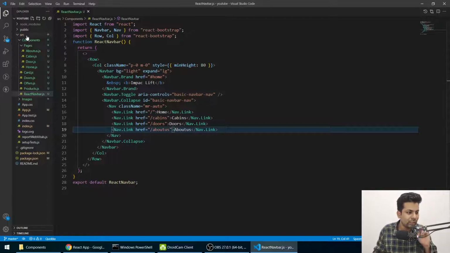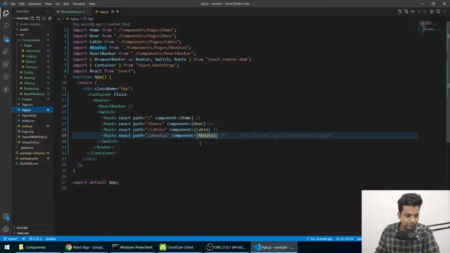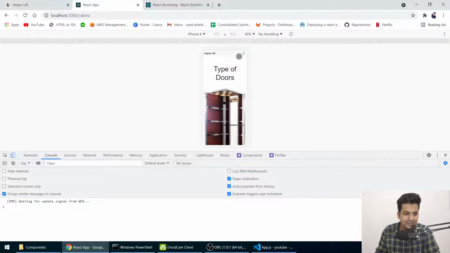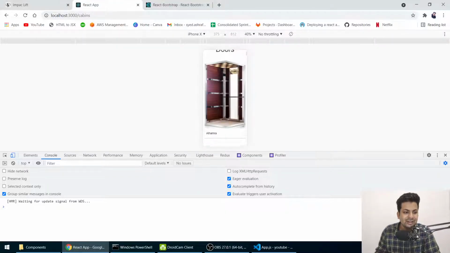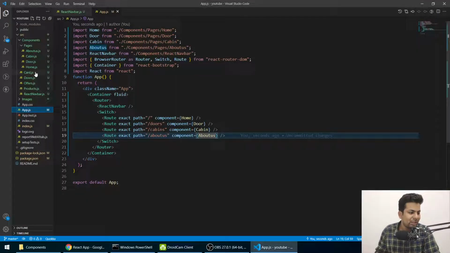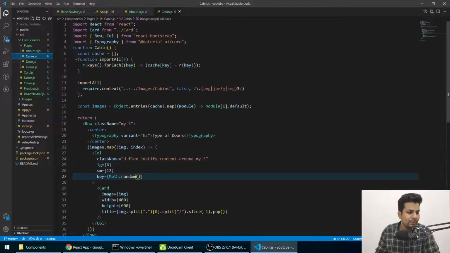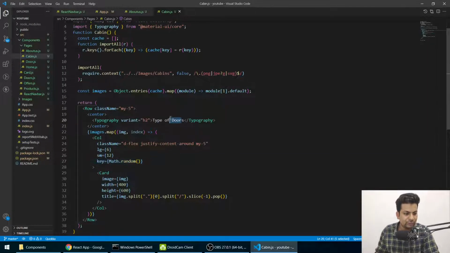So if I go on the app.js, there's some error. Component cabins door about us. What's happening? Okay, I have written doors in the cabin part. So if I go to cabin.js, I have to write types of cabins.